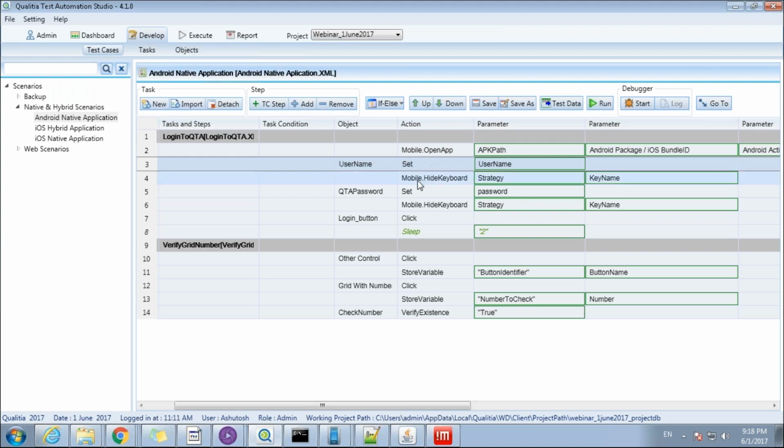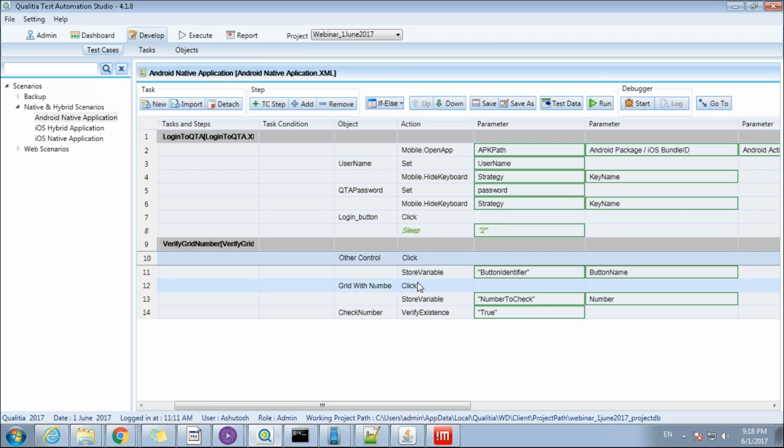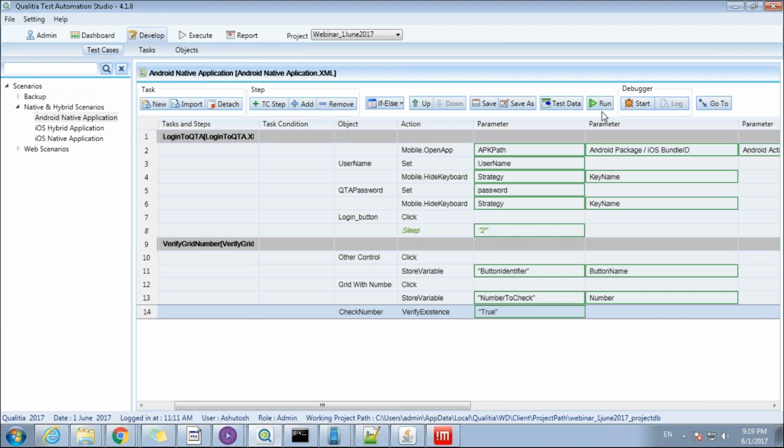So we'll open the app, we'll set the username, password, we'll hide keyboard in between, we'll click login to log the user in the app, and then we will use a grid control, which is pre-populated with some data, and we will check a specific number for its existence, and if it exists, the test case passes. It's again a simple test case which we'll execute now.